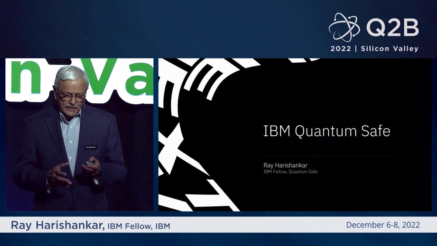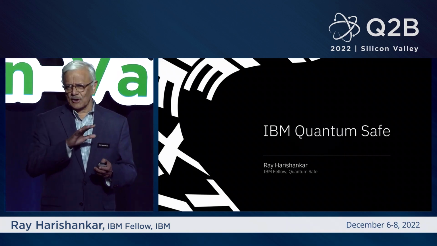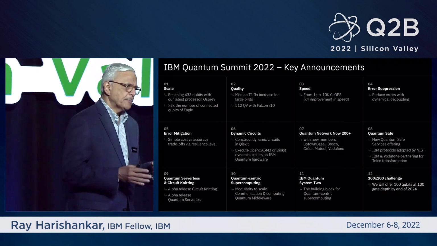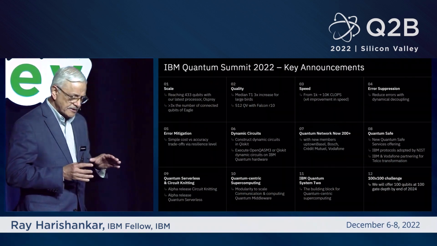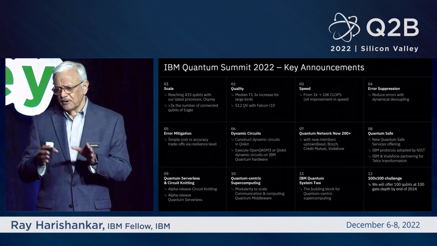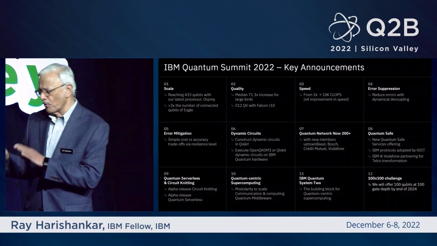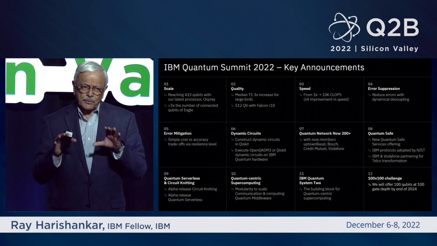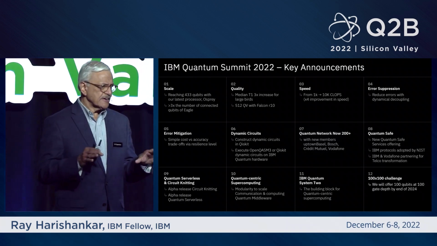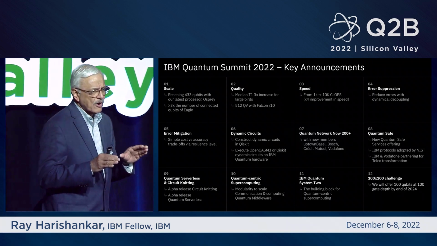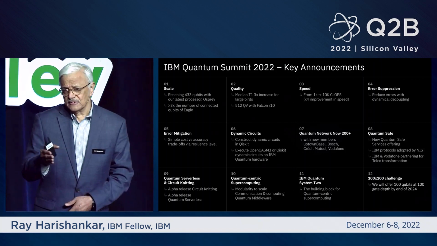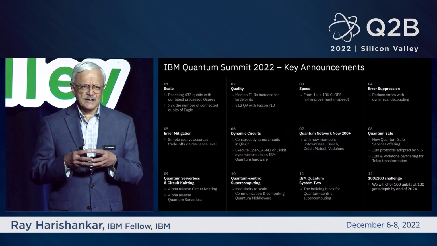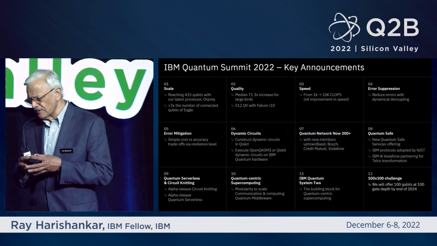But before I go there, I do want to set the stage that you have heard a lot of discussions around fundamental quantum computing and the advances thereof and all that. And you may have heard a speaker, Jamie, yesterday from IBM, who spoke about some of the work that we've been doing in that space. So I'm going to do a very quick level set of some of the key things that we called out in the Quantum Summit that we had almost exactly a month ago. November 9th, if I remember right.